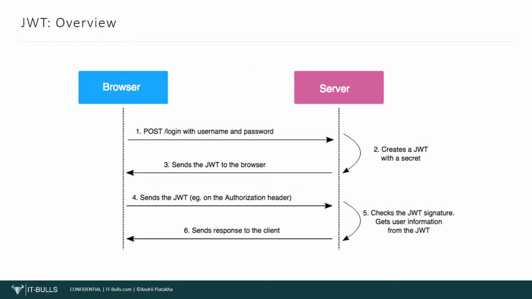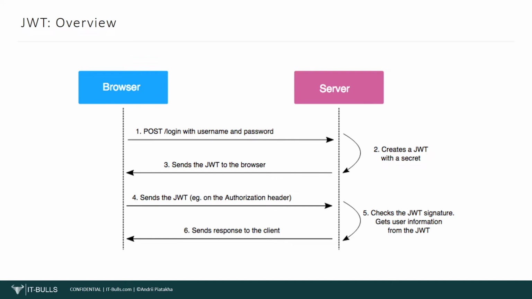The client could then use that token to prove that it is logged in as admin. The tokens can be signed by one party's private key, usually the server's, so that party can subsequently verify the token is legitimate. If another party is in possession of the corresponding public key, they too are able to verify